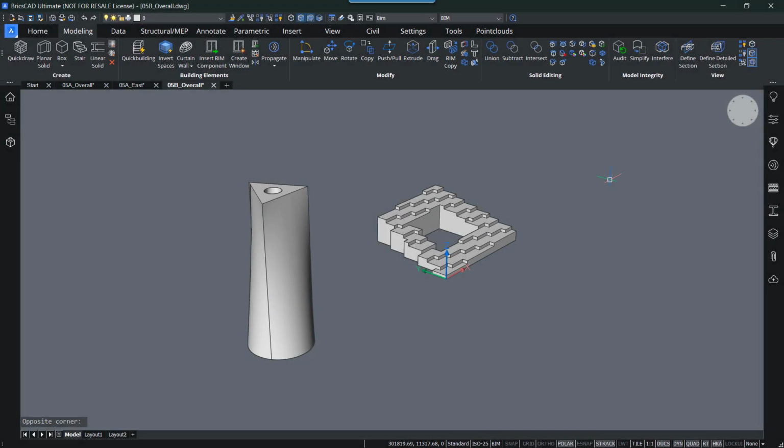So I have showed you how to use direct modeling tools to create a BIM model out of a mass model, but we also have a more specific tool for that called Quick Building, and it's designed to turn massing studies or mass models into a low level of detail BIM model.